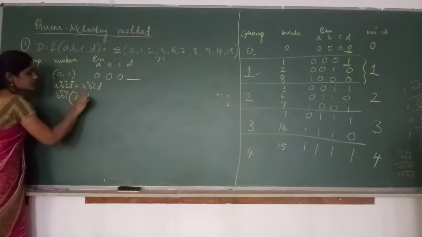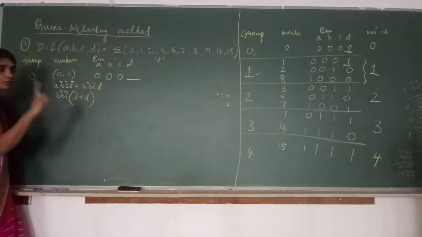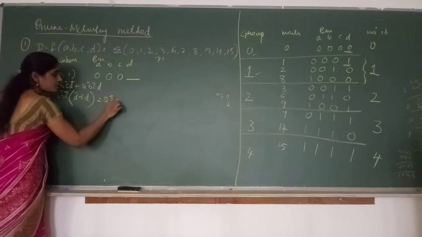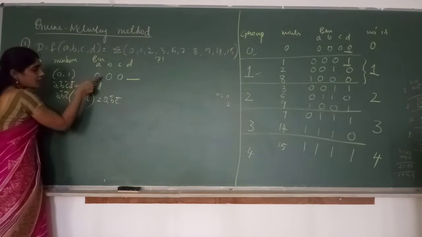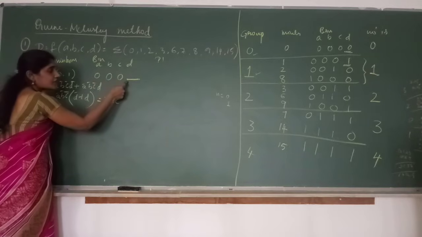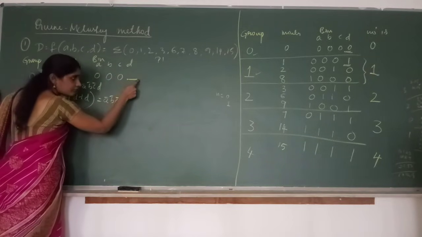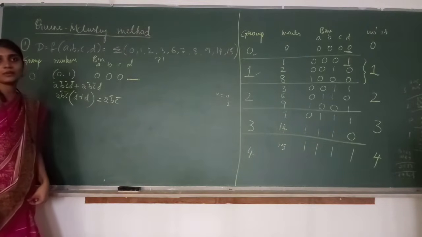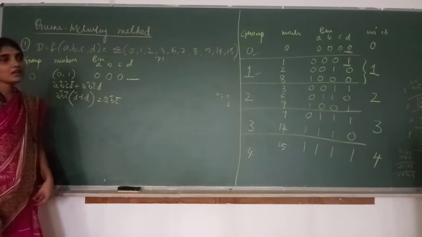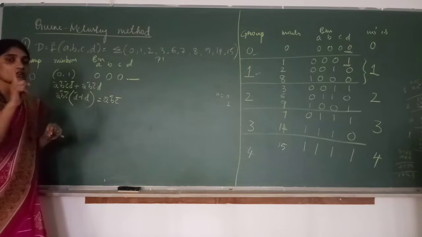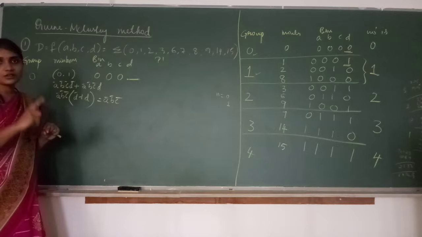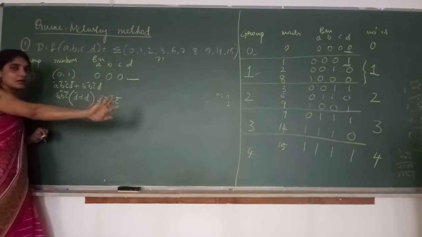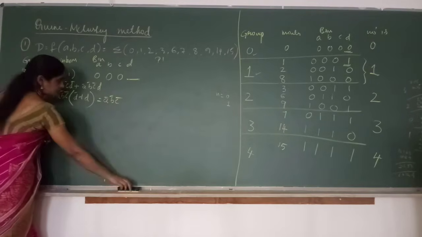Now D bar plus D. What is D bar plus D? 1. So A bar, B bar, C bar into 1 is what? A bar, B bar, C bar. So we have written A bar, B bar, C bar. For D we have put a dash, which tells that the D variable is eliminated. Is it clear? That is why when you group the minterms, there should be only one variable difference, only one position difference. Fine? Because of this reason, that particular variable will be completely eliminated. Right? Now,